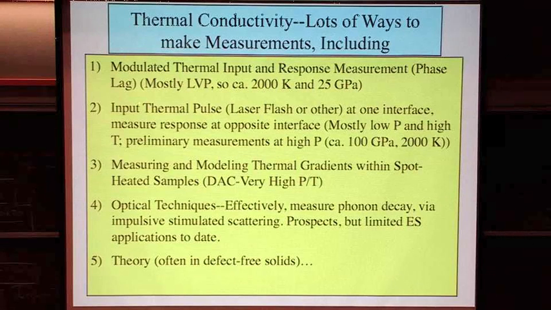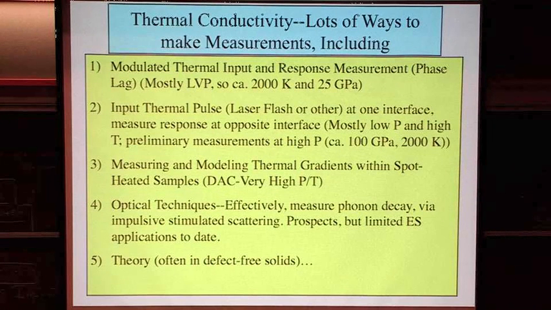For the input, you can put in a thermal pulse, like a laser flash, onto one interface, have it absorbed as a thermal spike, and then look at the rate at which that propagates through, by looking at, let's say, the infrared emission from the sample at the other side, to get the rate at which a thermal pulse propagates through the sample. That's the technique that's been used predominantly by Ann Hofmeister and others. There have been a few measurements at very high pressure done by Goncharov and others that have extended this to fairly high pressure and temperature conditions. So this is an area where the measurements are extending to a fairly deep depth through the planet.